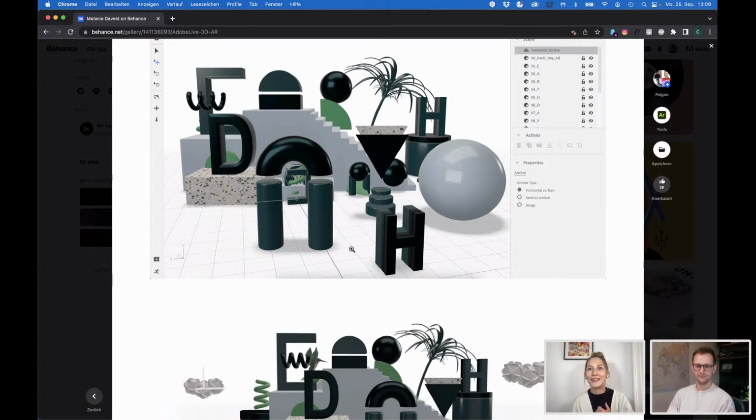Or if you want to create something in Aero for an exhibition, for example, or a lot of people are using it also for architecture things now, where you can place some furniture within your living room. So then it's always important to keep in mind in which dimensions you want to work, because it makes no sense when you create a huge scene and then it doesn't fit into your living room, for example.